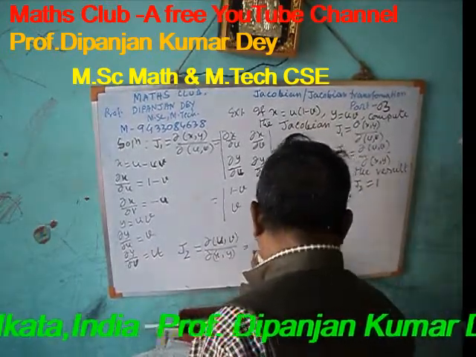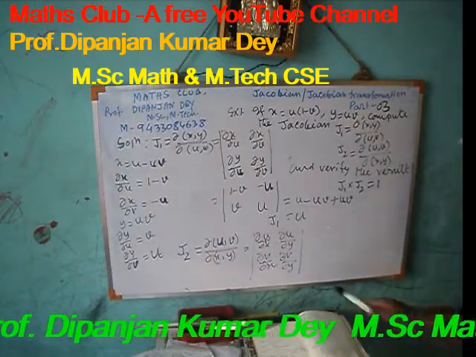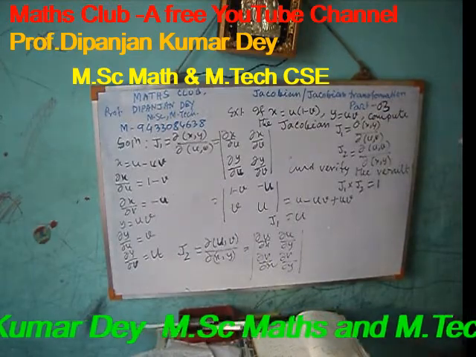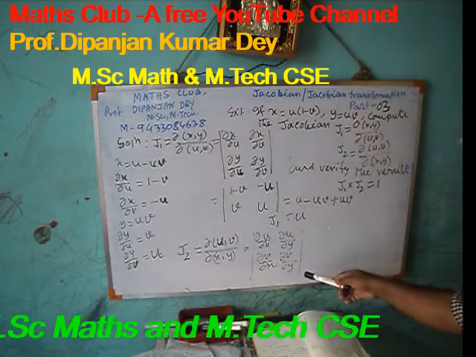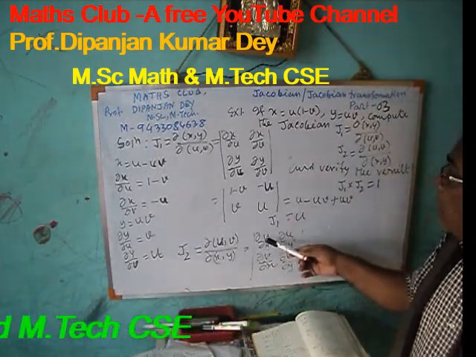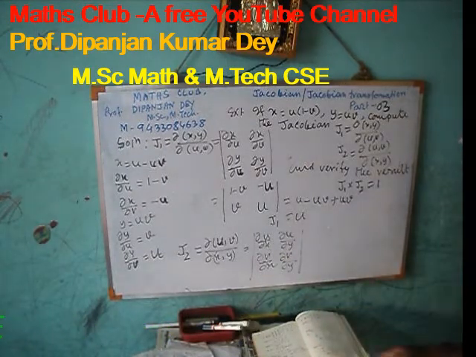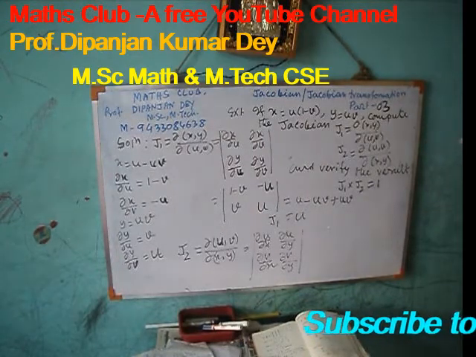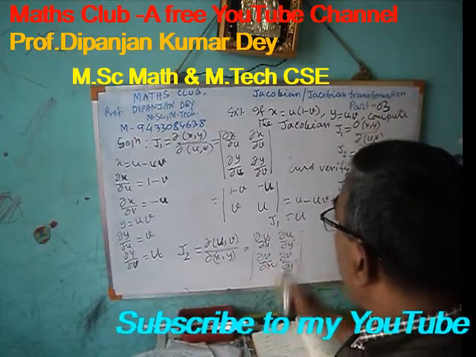Okay, so now you just follow me. According to the definition, I have written this part in the first column and this part in the second column. So there will be no problem. If you write this in the first column and this in the second column, the result will be the same. Now, J1 value is u. Be careful.